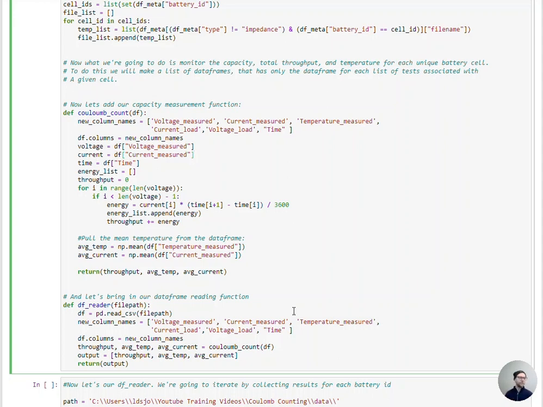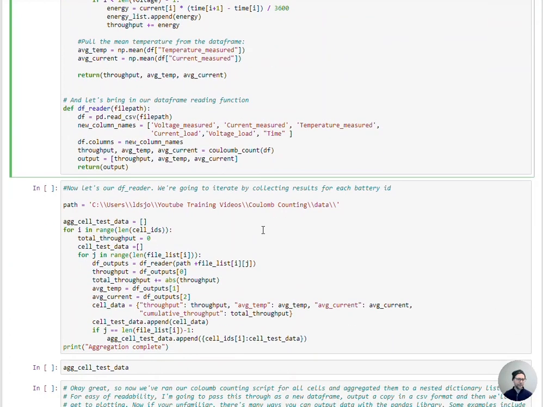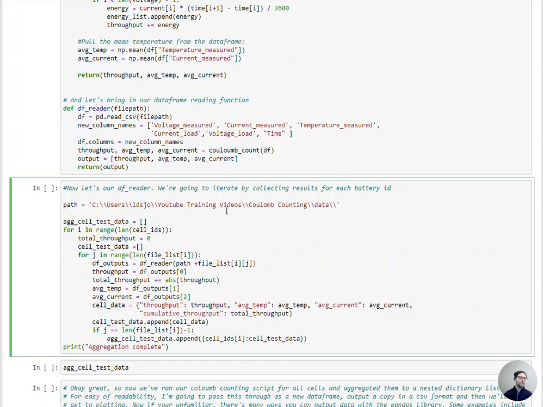What this is going to do is essentially say, hey, for each file, run through this process, read the data frame, and then run the coulomb counting function so that I can get these output values that I'm interested in and feed it into a list. What we can do with that list is then perform some aggregation operations. So what I'm going to do is specify this path where I have the coulomb counting data. I'm going to create an empty list for our aggregated cell test data, and then I'm going to iterate through